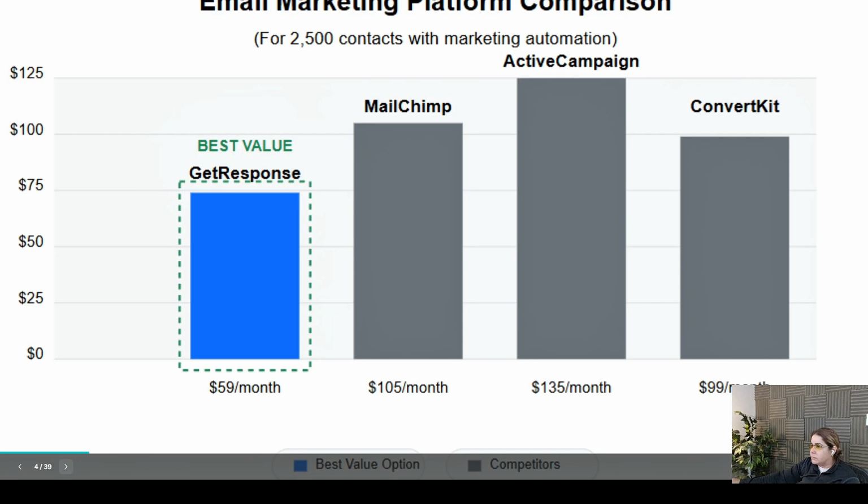Now let's compare GetResponse to their main competitors, which are Mailchimp, ActiveCampaign, and ConvertKit. For an email marketing platform that can sustain 2,500 contacts with marketing automation. And in the screen you can see that GetResponse is by far the most affordable at $59 with a webinar including 120 days of cookies. Mailchimp is